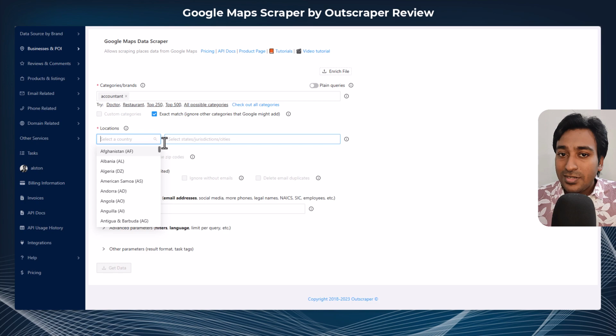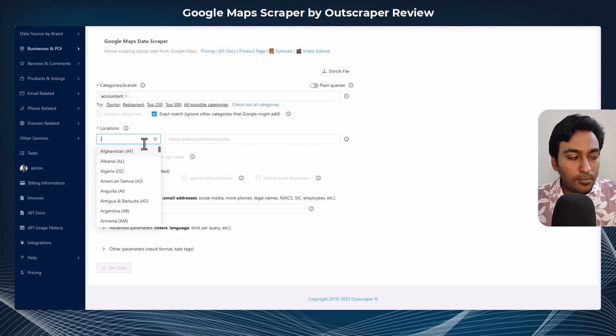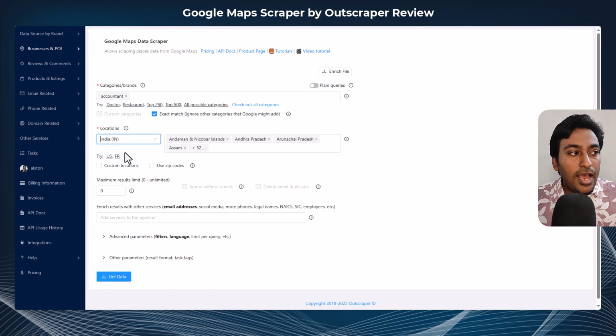But you are not just limited to country, because we are dealing with local businesses. There is no point scraping on a country level or even a state level or a city level. We want the data to be very focused if we are looking for that particular information, and this software does that really well. For example, I'm in India, so I'm going into the Indian country, and inside that also you can see